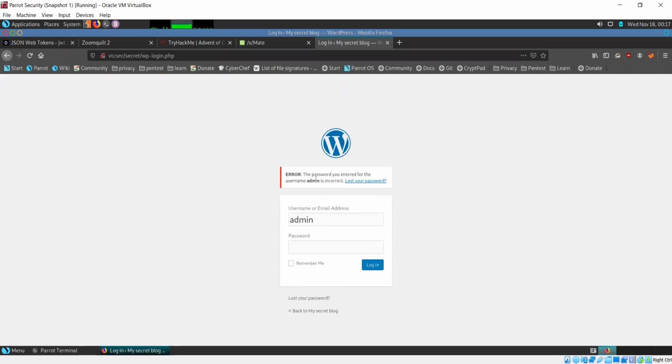So if you are ever configuring something on your own, or if you are into web development, make sure that your website is not giving information like this. If the password is incorrect, or the user is incorrect, or even if both are incorrect, your message should be that username or password is incorrect.